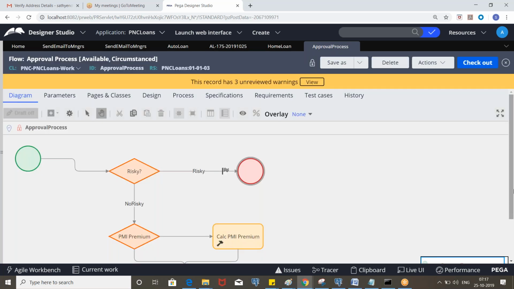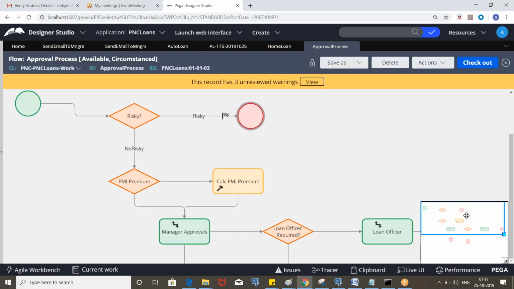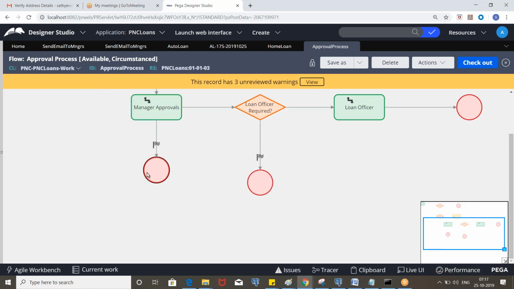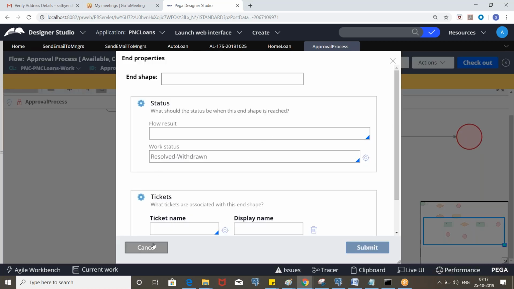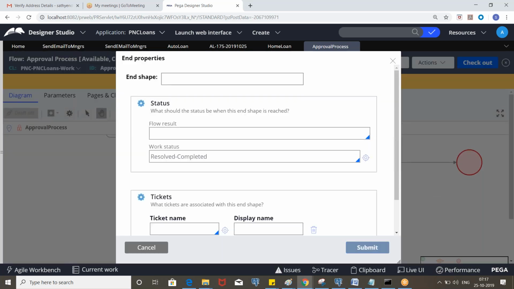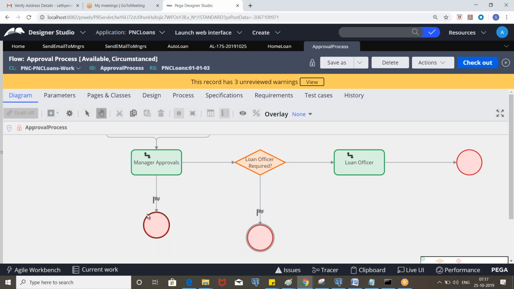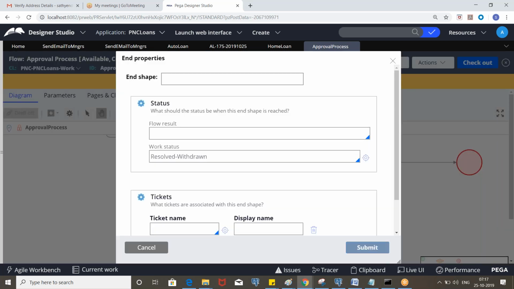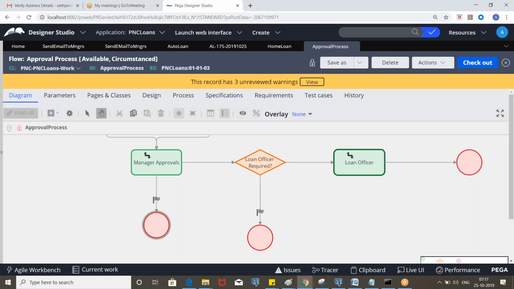Resolved risky. And so here we have resolved withdrawn. So whether it is rejected or resolved completely, the work object status always starts with resolved only.